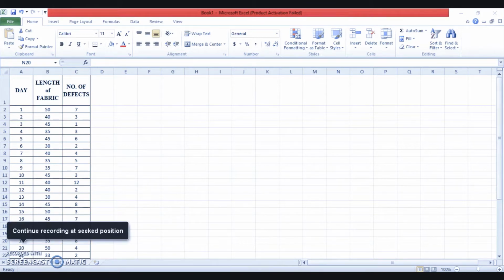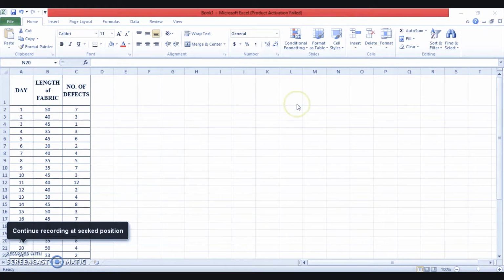Now with the help of an appropriate problem, let's try and understand how to construct a control chart for number of defects per unit. Let us consider the problem faced by a textile company which observes defects in its woven fabric. As part of an overall quality improvement program, the company decided to monitor the number of defects found in the woven fabric each day. The fabric produced each day is 1 meter wide but varies in length, and for this purpose the length of woven fabric and the total number of defects inspected on each day were recorded for 35 days.